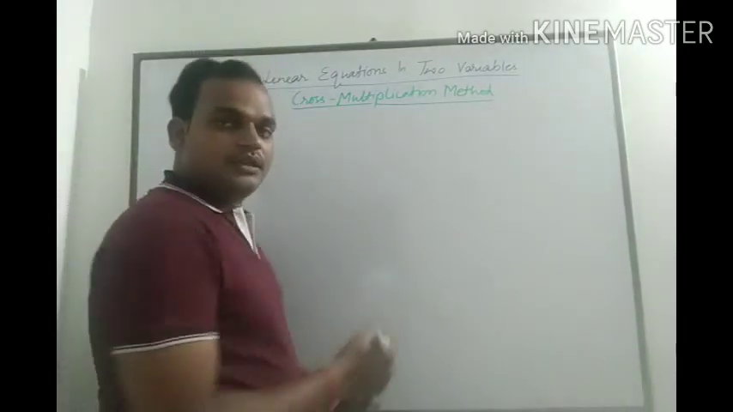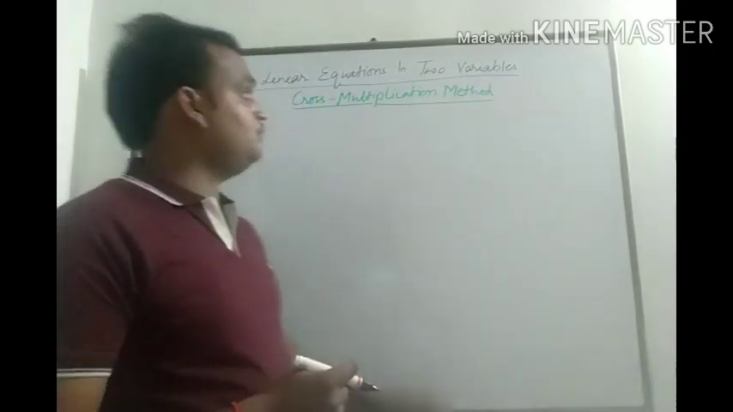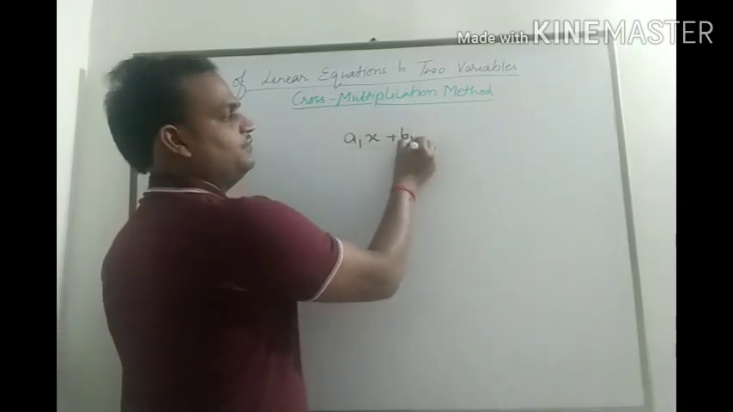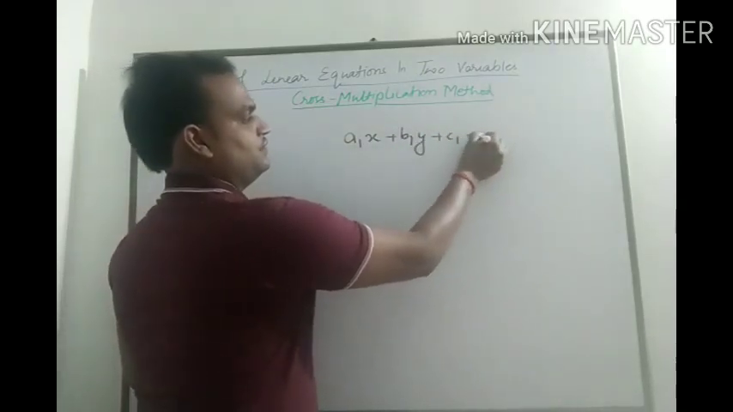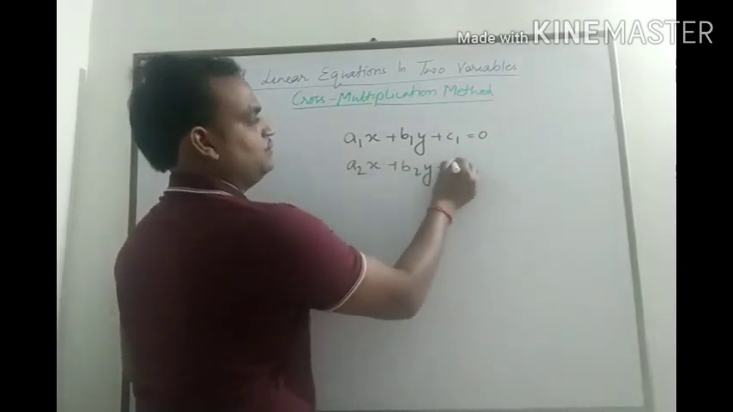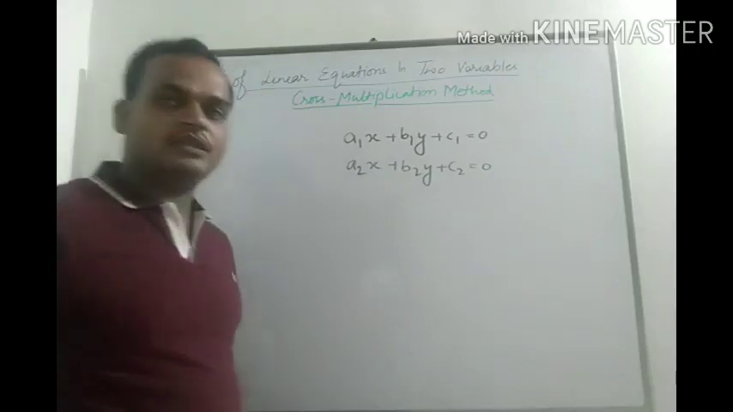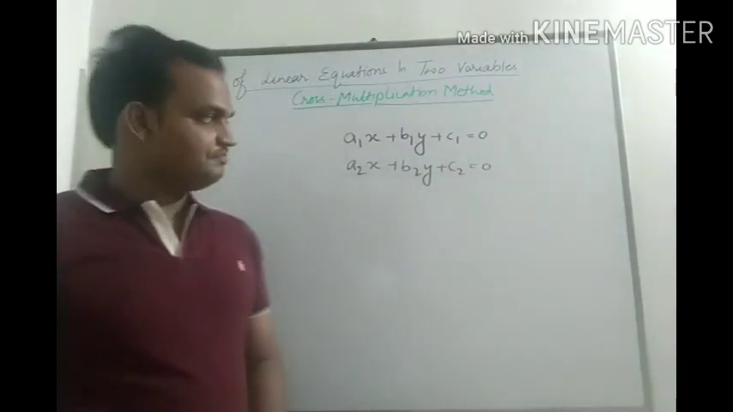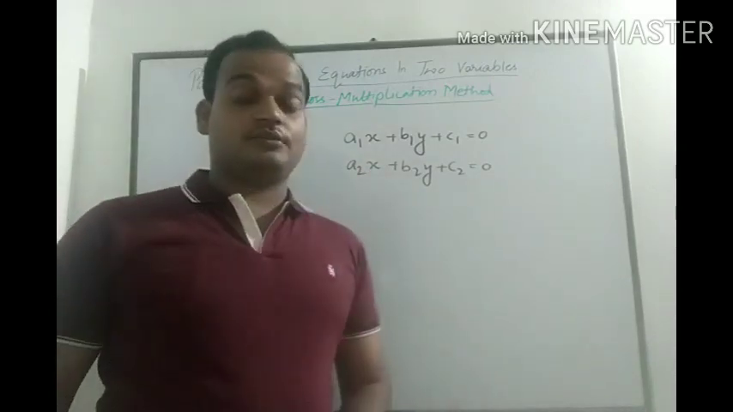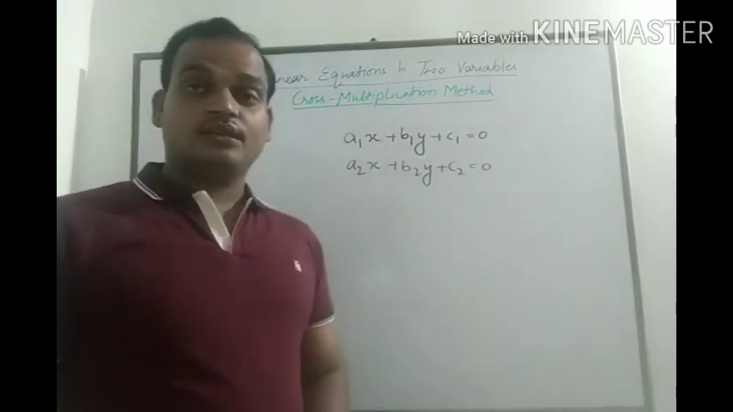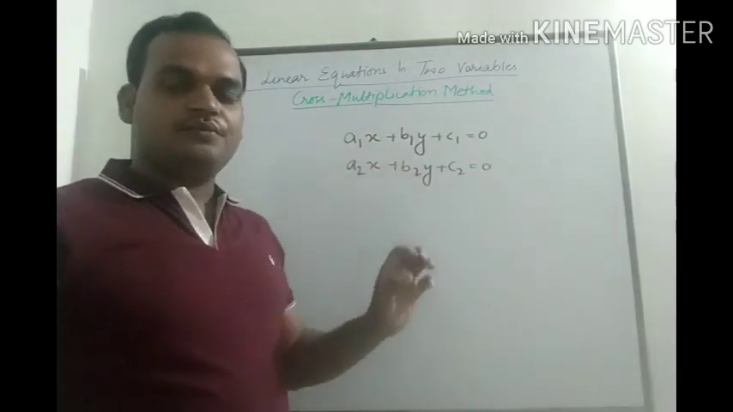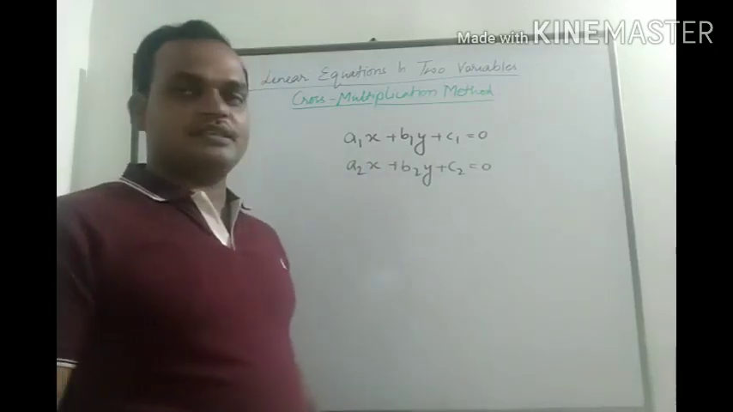we have seen that our equations in two variables are in the form a1x plus b1y plus c1 equals 0 and a2x plus b2y plus c2 equals 0. These are the two equations. Now if we apply the elimination method to solve these equations,